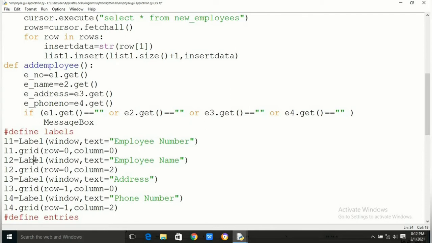Now we got all the data from the user. Now we can run our insert query.